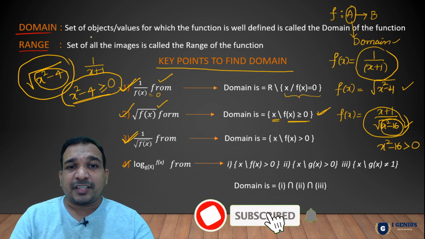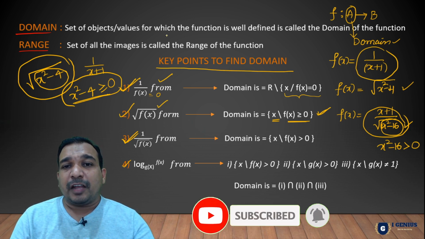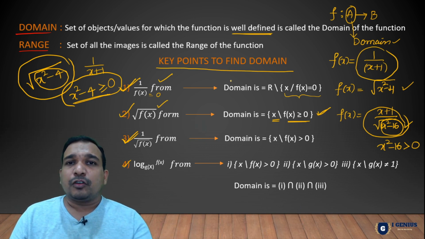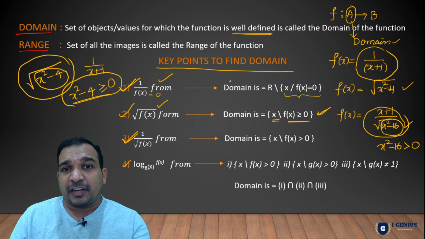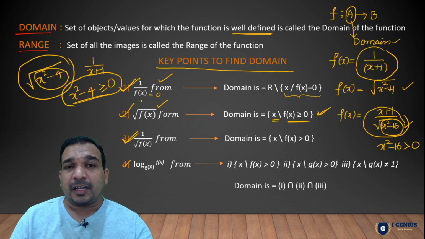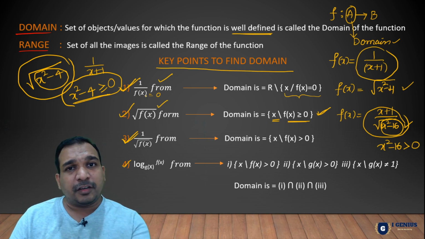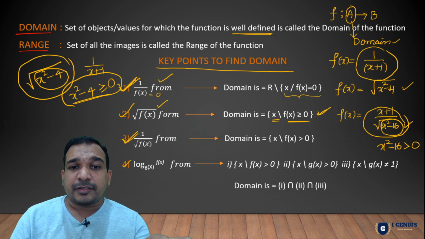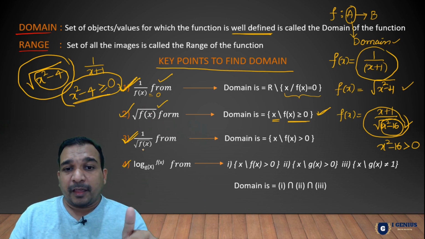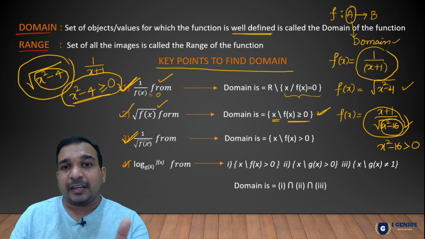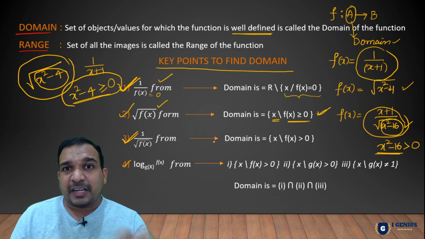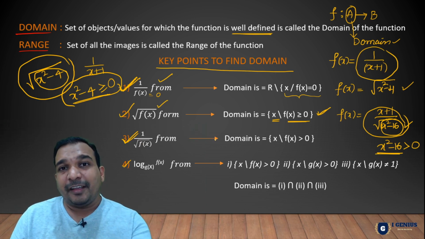What do we need by the definition? The set of values for which the function is well defined. Those x values where the function is well defined can be considered as the domain of the function. If the function is in the denominator, it should not be 0, then the function will be well defined. If the function is given inside the square root, it must be greater than or equal to 0, then only the function will be well defined. If the function is given in the square root and in the denominator, then it must be strictly greater than 0. Then only the function will be well defined.